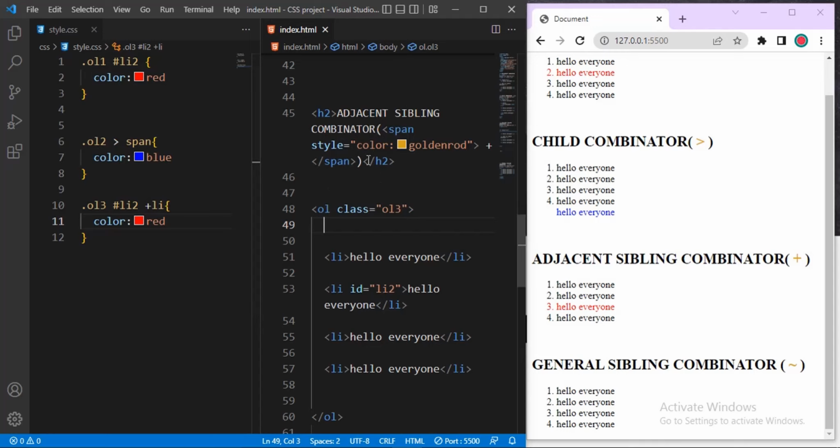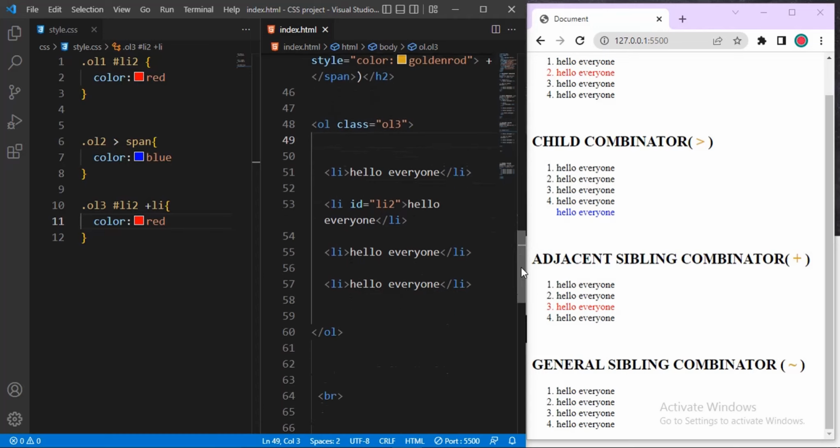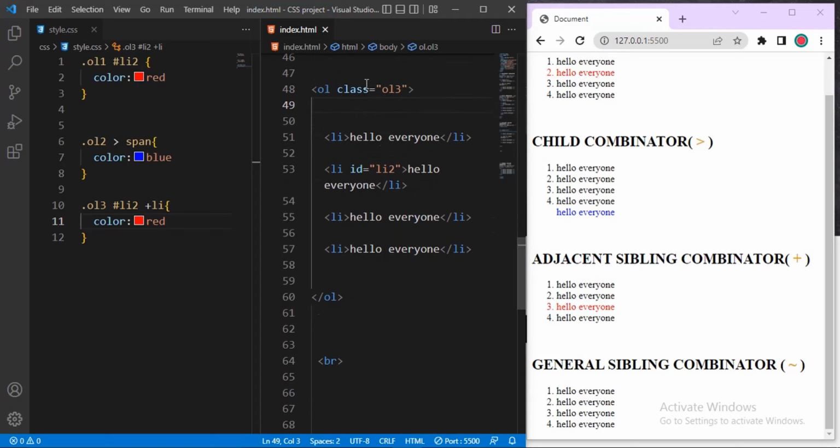This is our header one, so we have nothing to do with this one. So we're looking at this our ordered list. This is our ordered list. So it contains these lists inside. Okay. Now, what this adjacent sibling combinator does is that